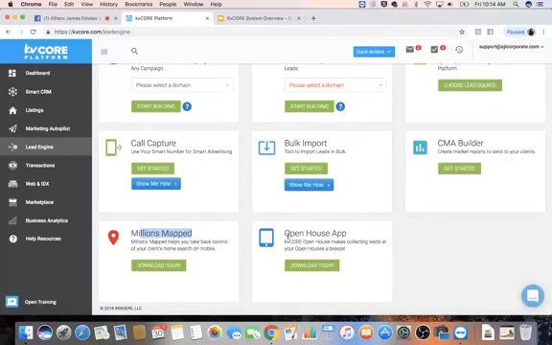Next, we have the Open House app, and this is where you're going to be able to keep your open house leads all in one area. It'll also sync to your Smart CRM platform as well. In transactions,